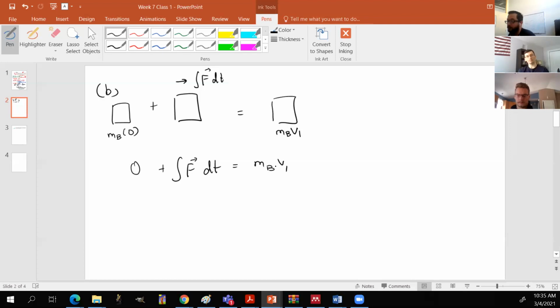And therefore that just gives you what your impact force is. So your impulse is just equal to MB, which is 1 kilogram times V1, which was 4.646, and this comes out to be equal to